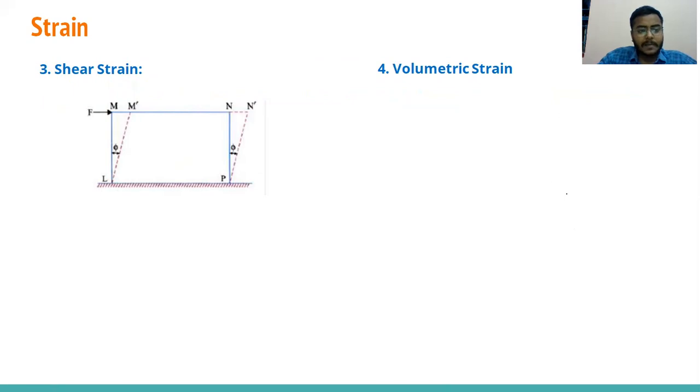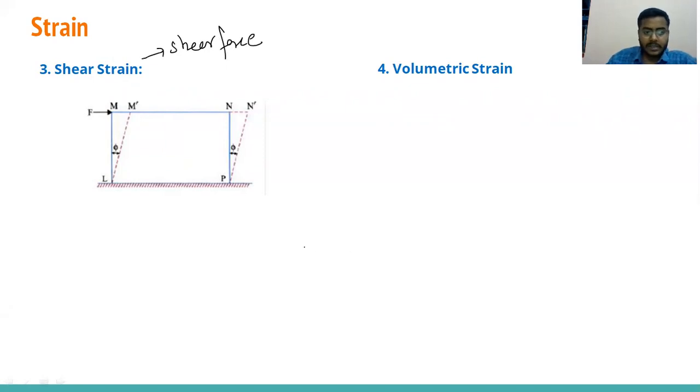Next one is shear strain. Shear strain develops when we apply a shear load, or shear force. When at some plane or in a body there is no shear force, the shear strain will be 0. If there is no shear force, then the shear strain will be 0, and there is no shear strain either. Right? How can we measure it?